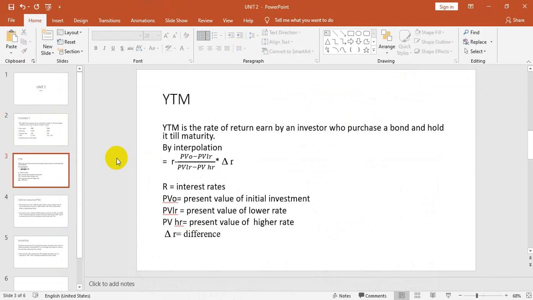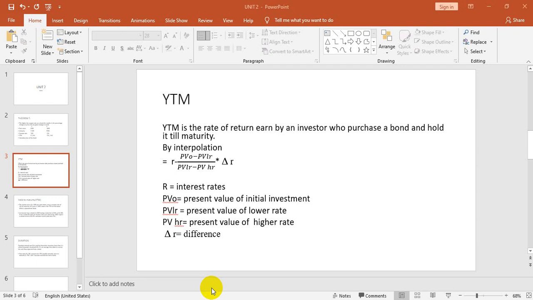There are only 5 theorems, so I'm done with all the theorems. Now the next topic is, basically YTM is the rate of return earned by an investor who purchases a bond and holds it till maturity. If you have securities in the stock market, you get certain dividends. On a bond you will not receive dividends, but it's the YTM for one who purchases a bond and holds it till maturity. It will have a long term period, so that is why it will be held till maturity.